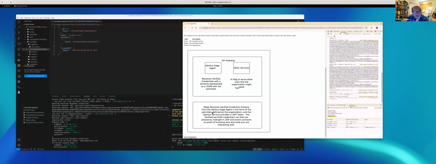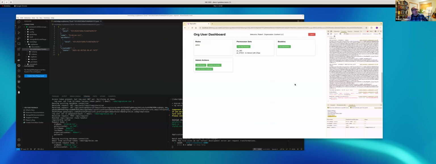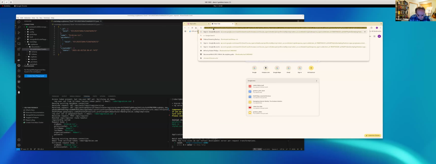So the DApp receives a verified credential from the Identis edge agent in the form of perm sets defined by the organization, and the Identis service provides a JWT token. The verified perm set credentials can then be utilized by Midnight and ZKP and smart contracts as proof of knowing who and what you are interacting with. I mean, ultimately, that's kind of the whole point of this thing,